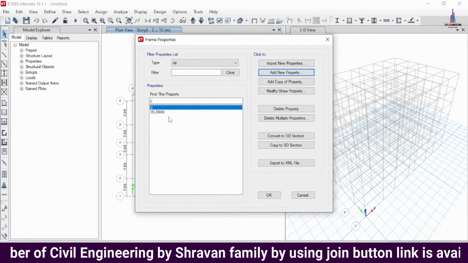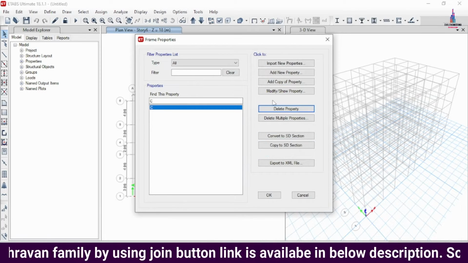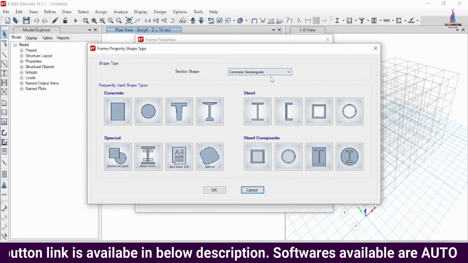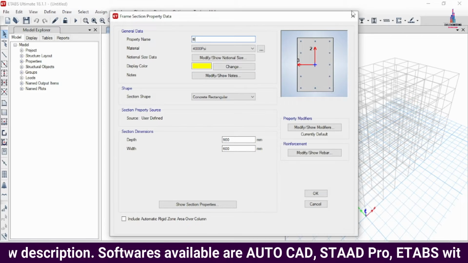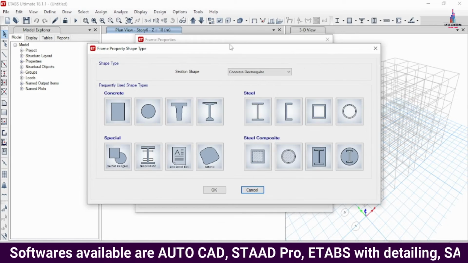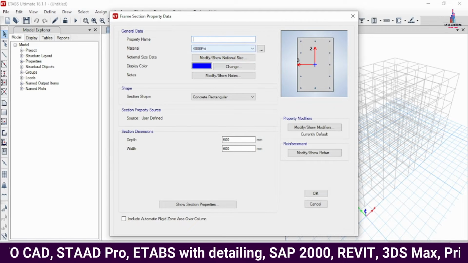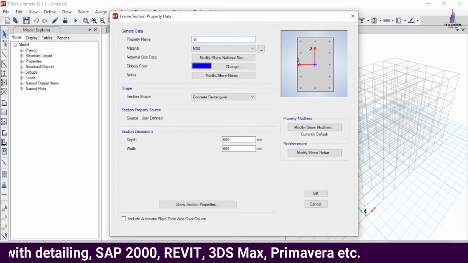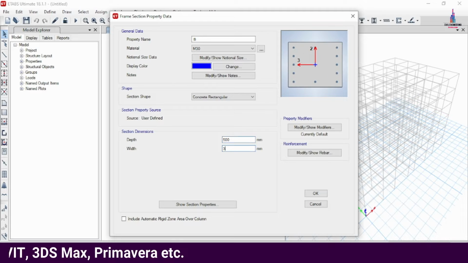Click on OK. Again in the same process we will delete this ISLB 600 section. Click on add. So initially we will add, now we will add the one beam section. So select the concrete section, which is of the beam section. Just I am selecting here, add, which is of the beam section I am selecting here, and material will be of M30 grade concrete provision standard system. Just I am selecting the depth of the beam is approximately 500 and width of the beam is 300 here. Click on the reinforcement again.